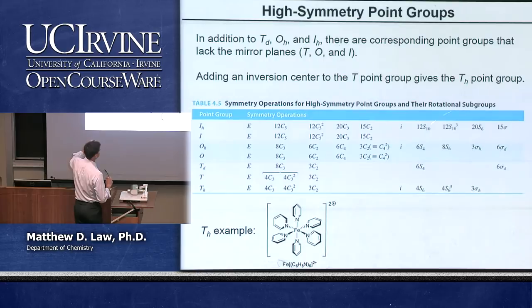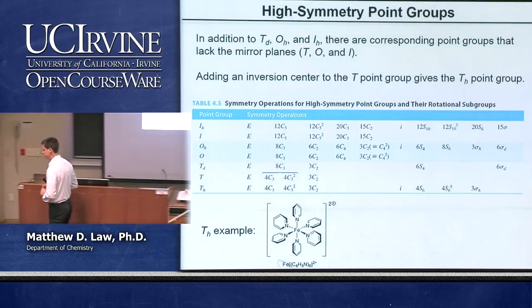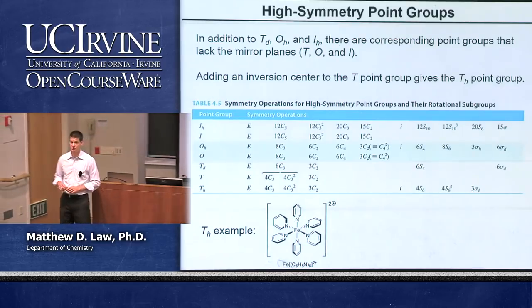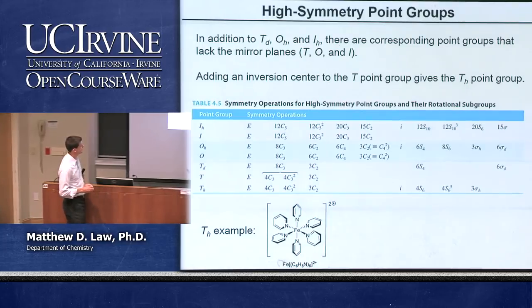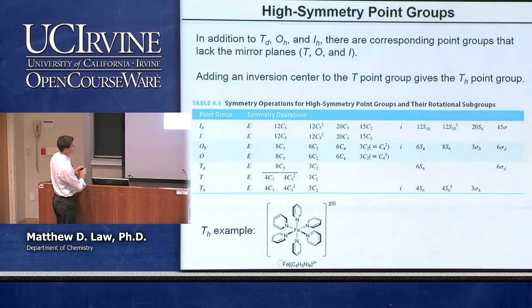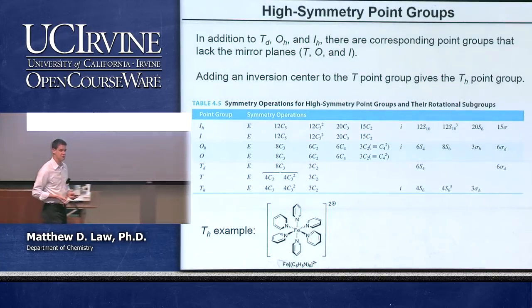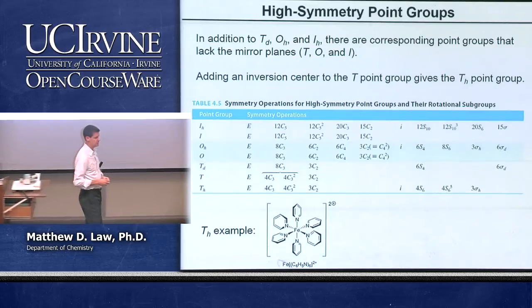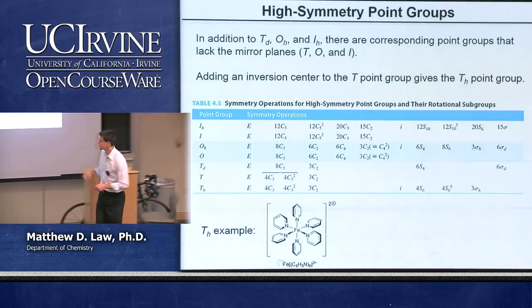You can see in this list, here are all the mirror planes here. And for the O and the I and the T, there aren't any mirror planes present. They're just blank there. So it's the same symmetry, just without mirror planes. And it's possible to have molecules that have just O, I, or T symmetry. And finally, so that accounts for 6. The 7th one down here is called TH, and that's generated by taking the T point group and adding an inversion center. Then you get TH symmetry. And that rounds out all the unique possibilities for point groups.